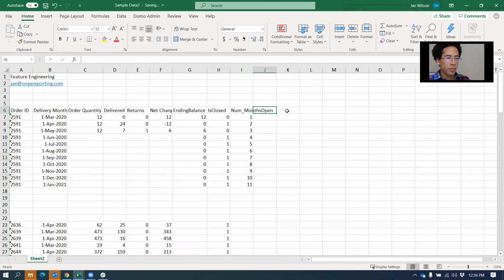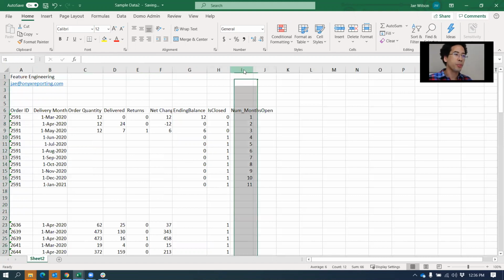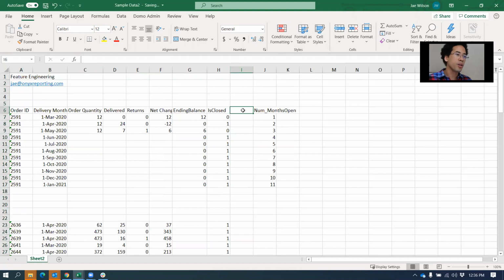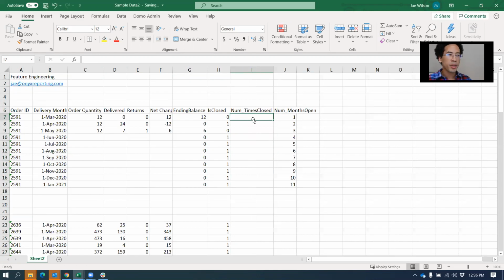But what if, in addition to having the number of months open, we also added a column for the number of times closed? And you're saying, Jay, how will I calculate the number of times closed? Well, I have a column that says if it was closed in that month. So if I just took the sum, again, the cumulative sum,